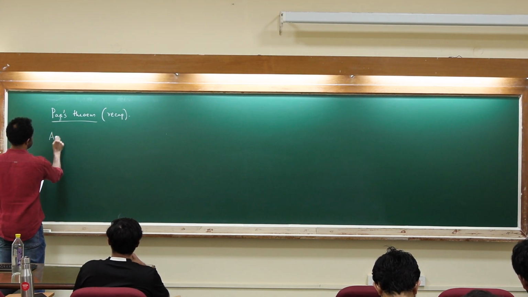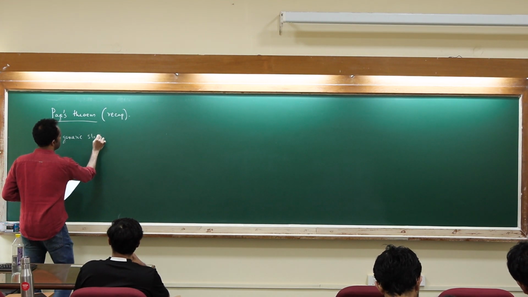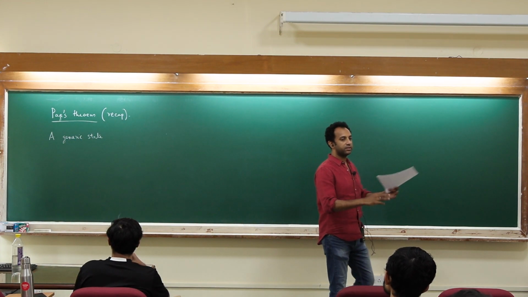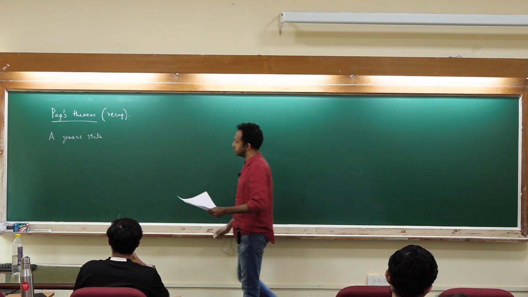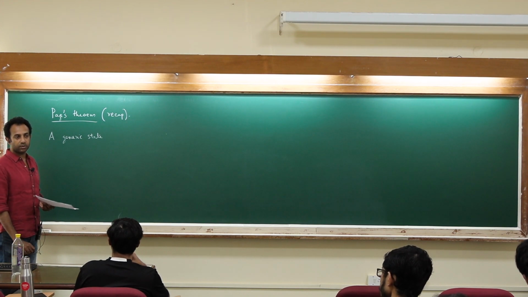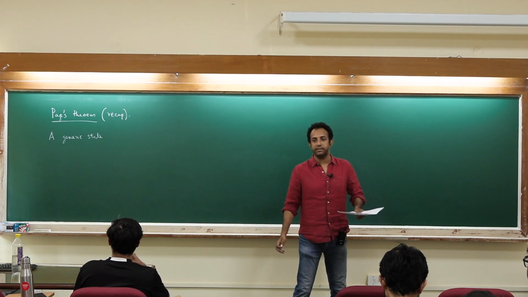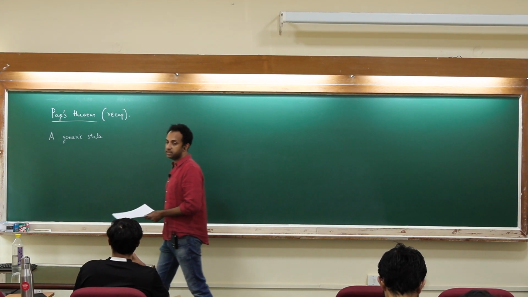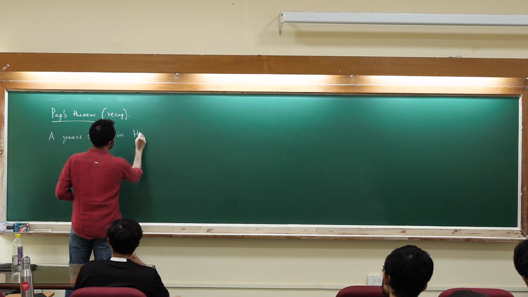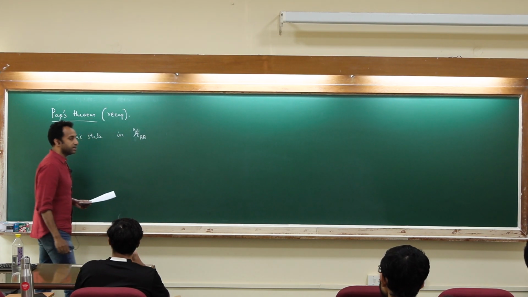So the statement is that a generic state. A generic state is something that we spent some time explaining, but you can think of it as something suitably random. The notion of genericity usually uses a measure called Haar measure. This is what I explained last time. You can look it up when you need to, but other than that, you can just think of it as some randomly picked state from the Hilbert space. Okay? So a generic state in H_AB, where H is the Hilbert space and A and B are subsystems, and AB is the total system,